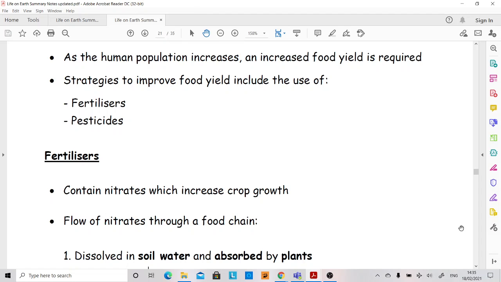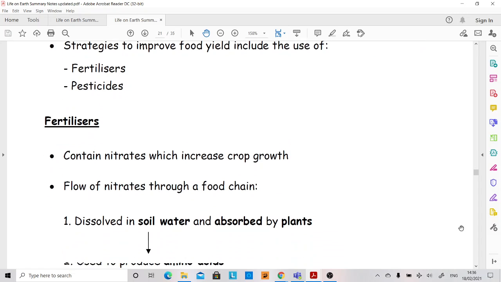Fertilisers are chemicals which allow you to provide enough nutrients for more plants to grow in the same area of land. And pesticides are chemicals which kill pests like insects or fungus, which can damage your plants and reduce the yield. This next bit looks at a flowchart of